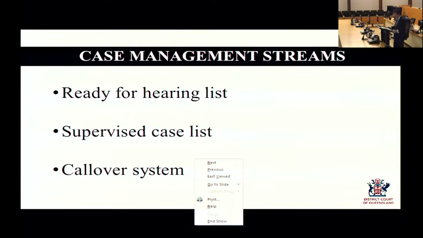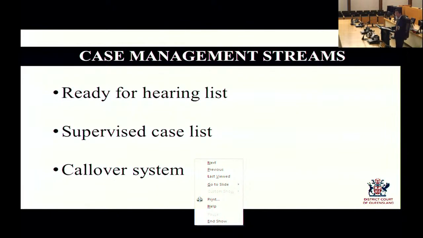All of the practice directions that the Chief Judge has signed, save for number 9, apply or will apply in Brisbane. They reflect the Brisbane practices. They may be adopted in whole or part in other registries, and it is a matter for the judges in the other registries as to what, if any, parts of the practice directions they adopt. As to the transition